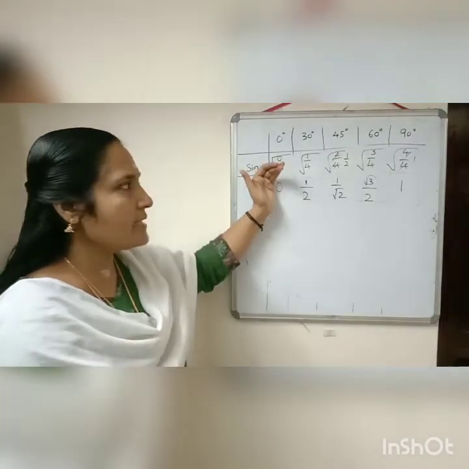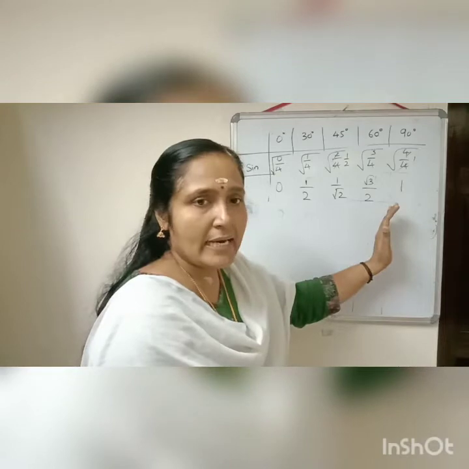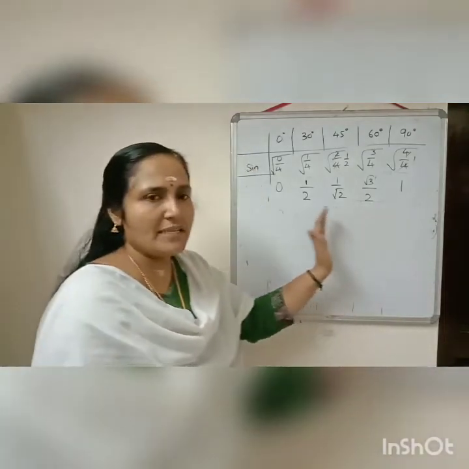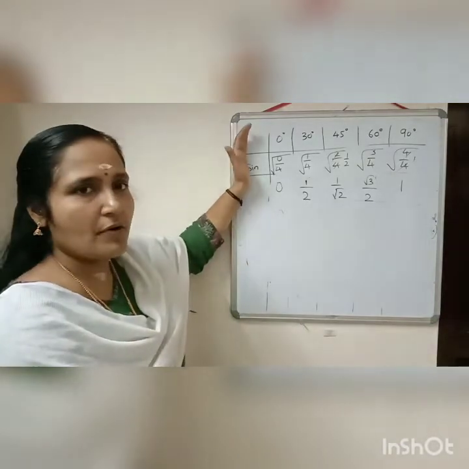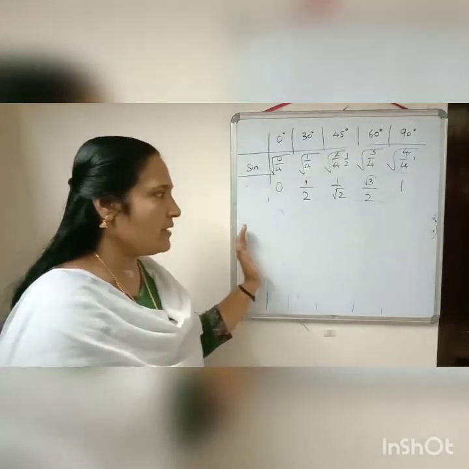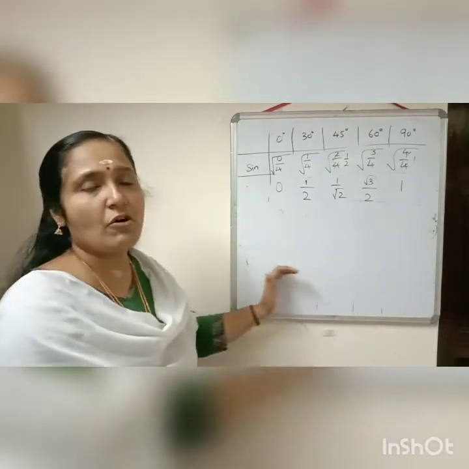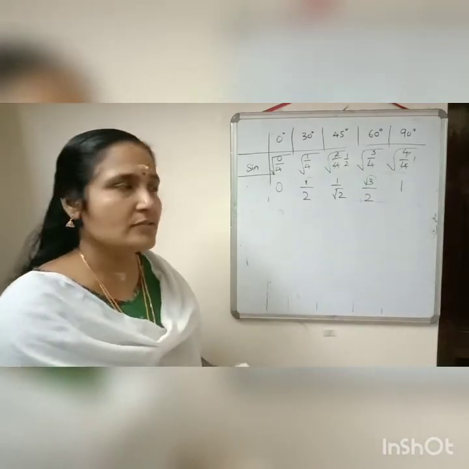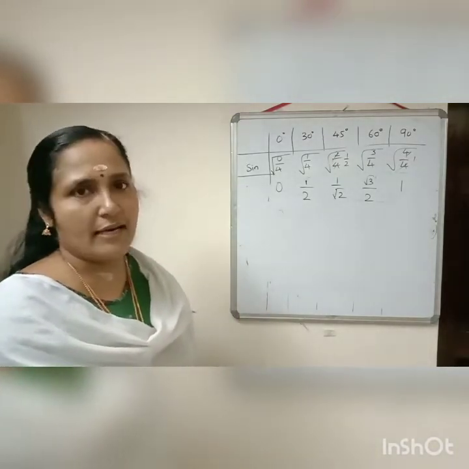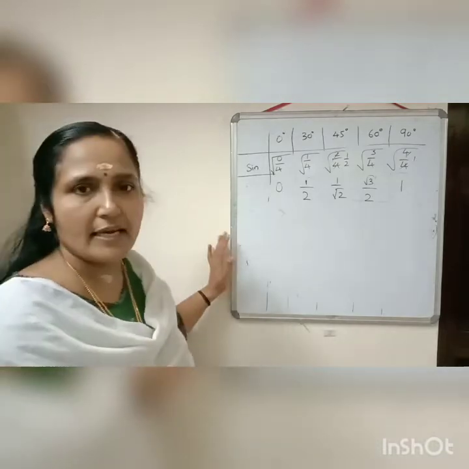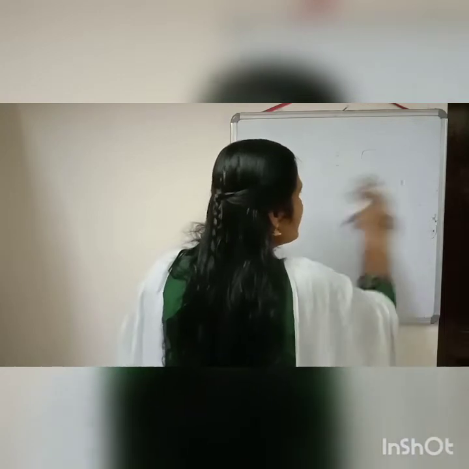Then tan theta is sin theta by cos theta. So first write down the table for tan, and then the table for cot will be just the opposite of tan. Then cosec theta is the reciprocal of sin theta. So write down the values of cosec theta, and sec theta will be just the opposite of cosec theta. In this way you can learn the values of all trigonometric ratios. I hope this table is clear to you. Okay, now we will solve the questions based on this table.